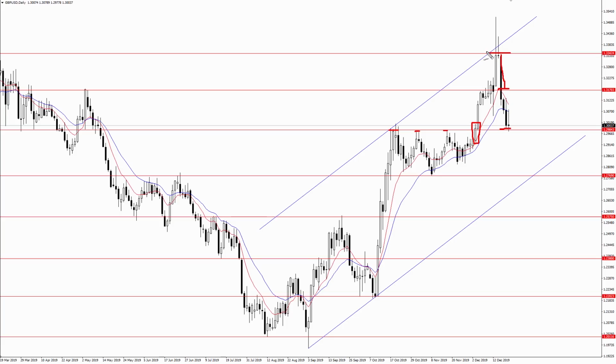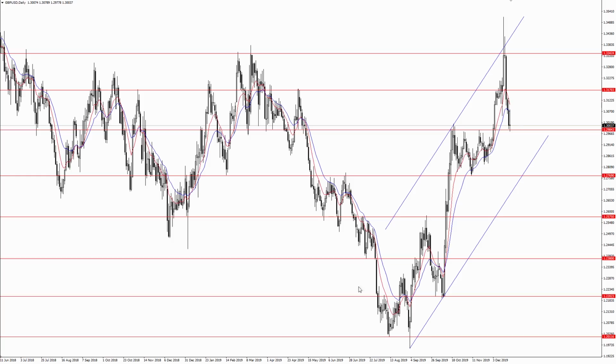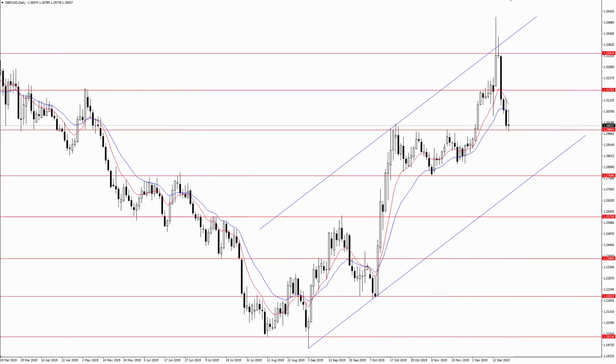And it took a lot less time than I thought it might to reach that area. But notice how 133.40 is a key horizontal level based on the recent range here. If we go back several months, you can see 133.40 has been incredibly significant. Furthermore, this ascending channel formed by this 2019 short-term uptrend also intersects with that 133.40 horizontal level.